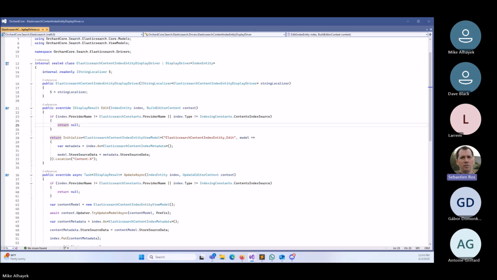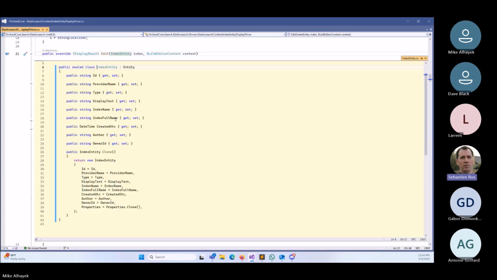When I implement a module called my Sebastian indexer, I should not have anything in my module mentioning content sources, like content index service or content item or whatever, because it could be users, it could be whatever. So I should not have to know about the sources themselves. That's the other part. But the provider name is a string and the type is a string. So in the provider name, you can say Elasticsearch, right? So now your provider name is Elasticsearch,